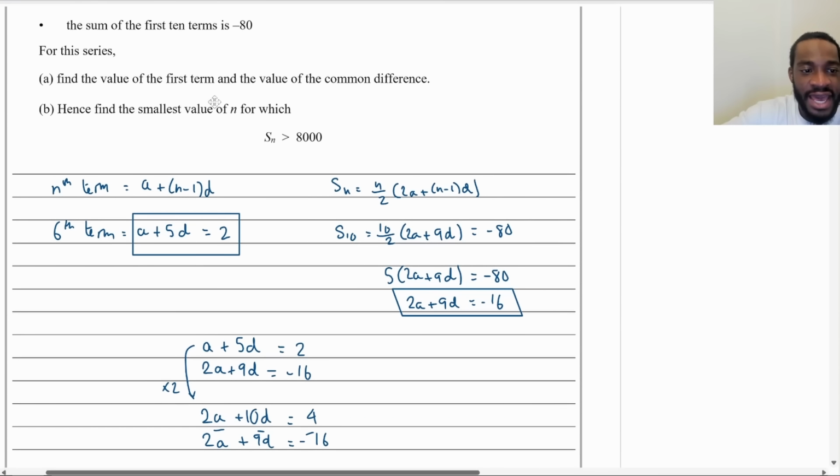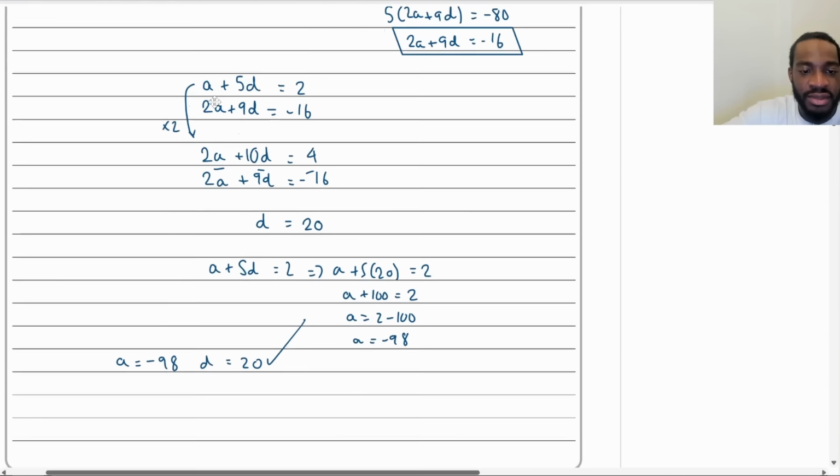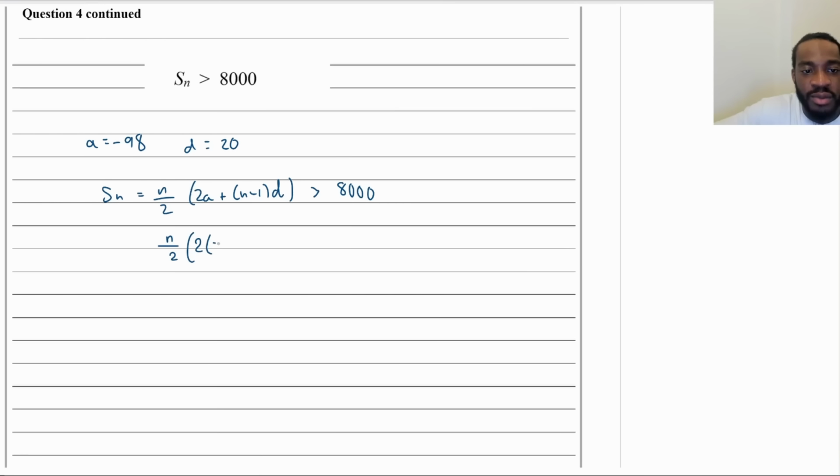We have A and we have D, which is right here. A is minus 98, D equals 20. So A equals minus 98 and D is equal to 20. The Sn formula, we've written it. Let's write it again. Sn is equal to n over 2, 2A plus n minus 1 D. Okay? So we want this to be greater than 8,000. But we've got A and D, so we can put that in. So therefore, it's going to be n over 2, and then 2 lots of A, which is minus 98,